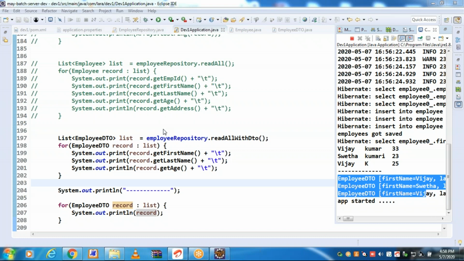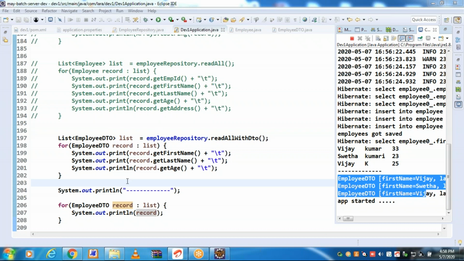In place of DTO, if you are using employee class, that is entity class itself, then reading all the columns. For all the columns means for every column setter method will be executing. One more point here.